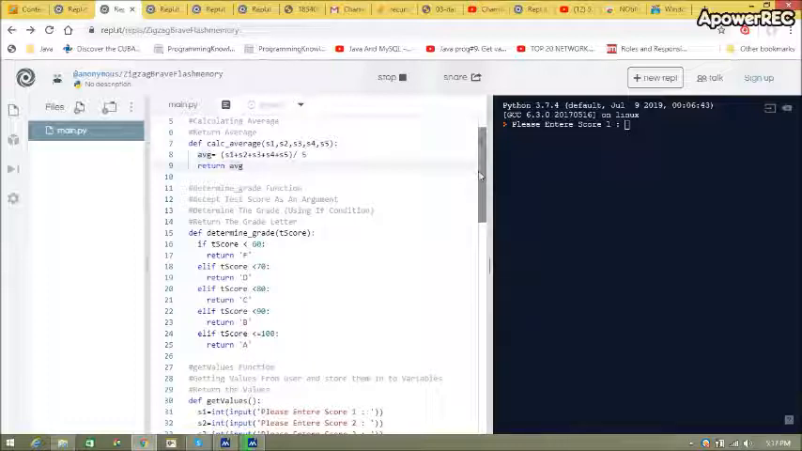Let's move to the second function, determine grade function. Within this function it accepts test score as an argument. Then it determines the grading using if statements. If test score is less than 60, it's returning F. If test score